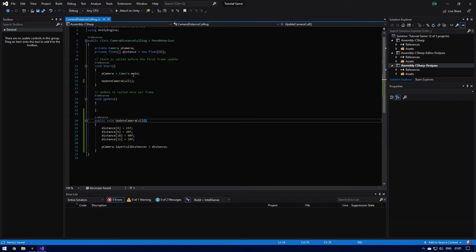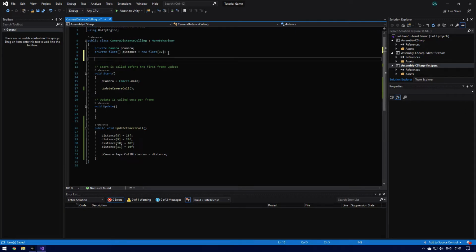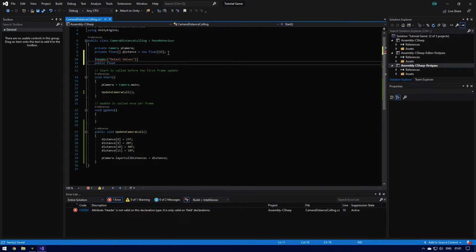But for now, what I am going to do is create a header, and for everybody that doesn't know, I'm going to show you what a header is now. It's quite good to organize the hierarchy when you're using it. So I'm going to call this detail values. Underneath here I'm going to say public float min small obj distance,